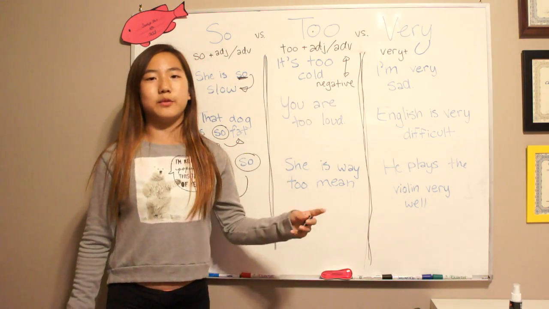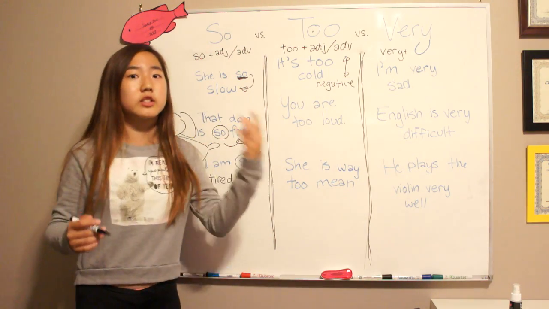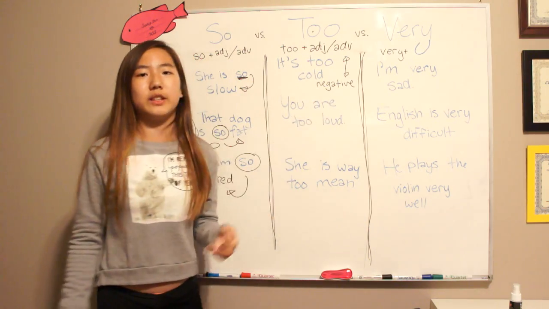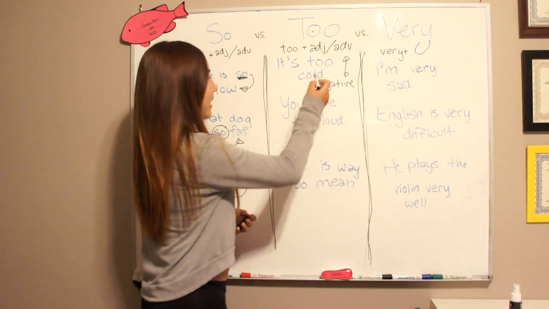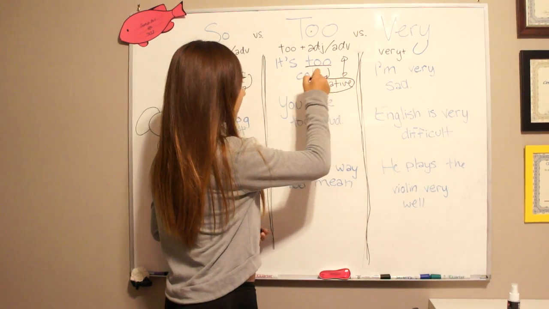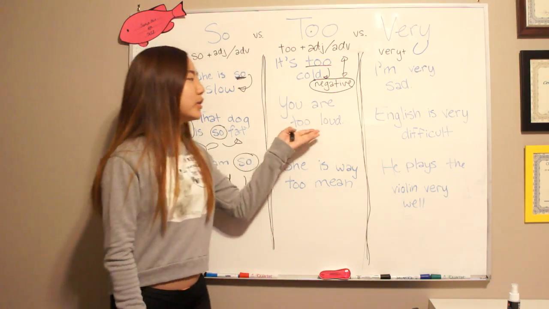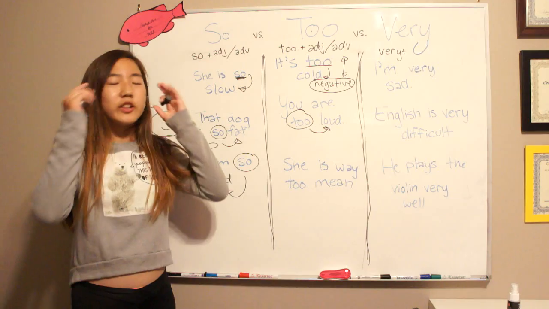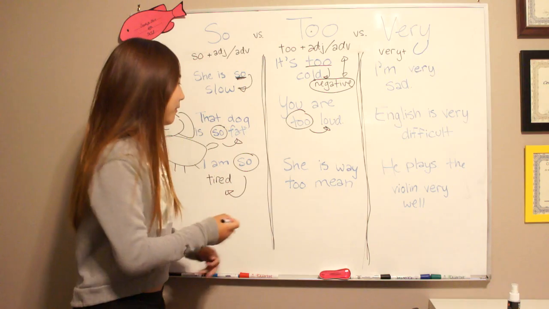It's used negatively, which means that so cold would mean just like, okay, it's very cold outside. But too cold is used negatively. Like, you're about to freeze to death. It's mainly used in a negative way. You are too loud. Being that your ears are hurting, you have a headache, it's used negatively. Too loud, more than enough.